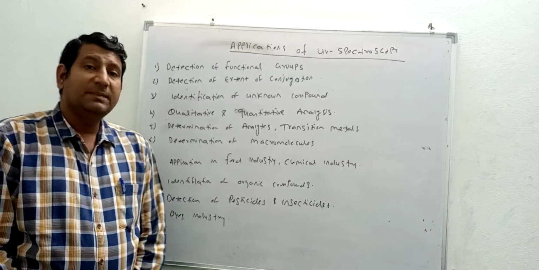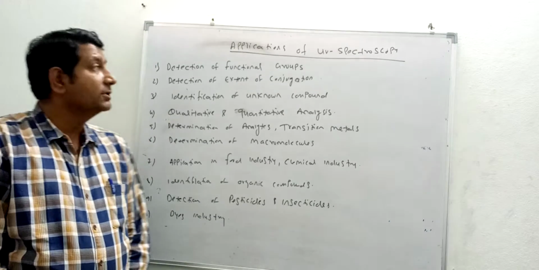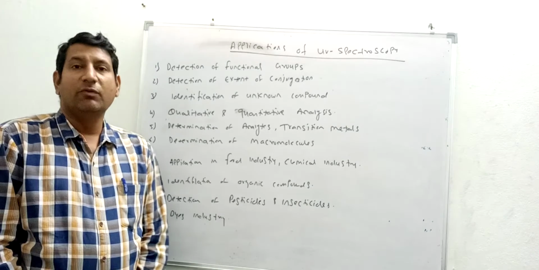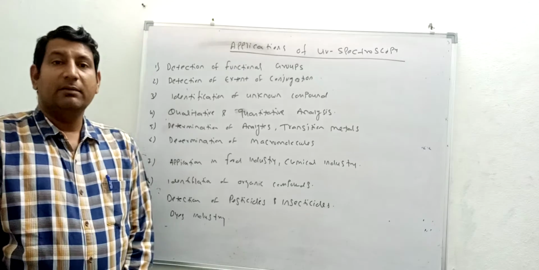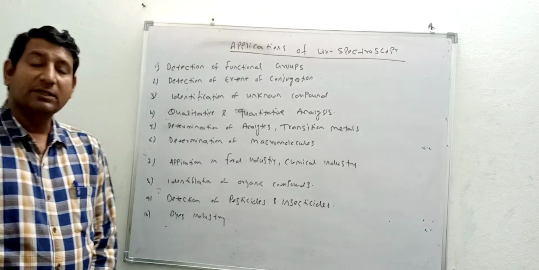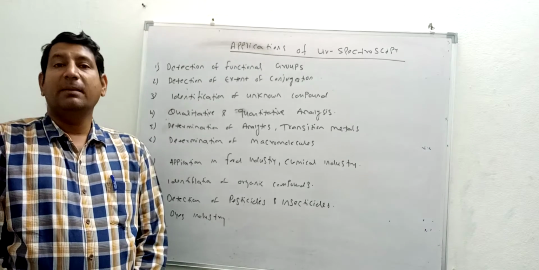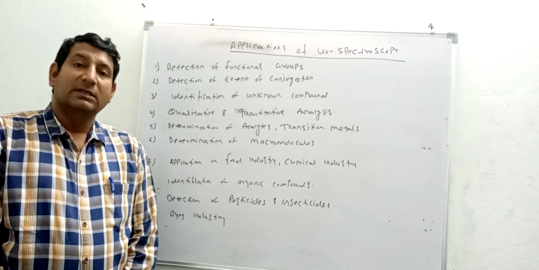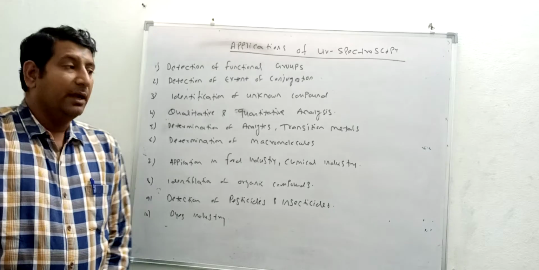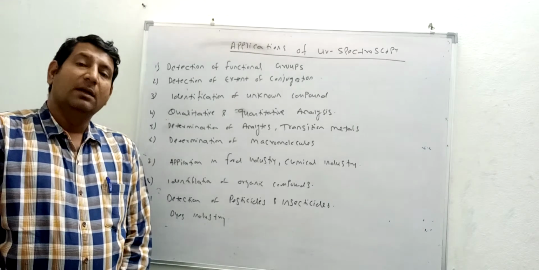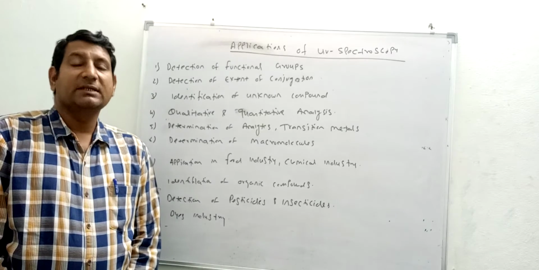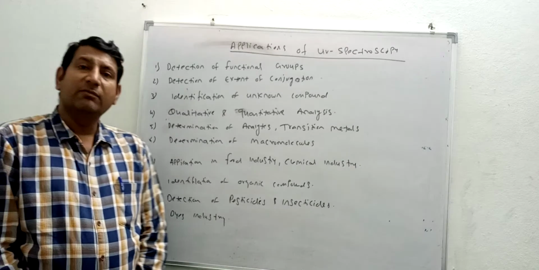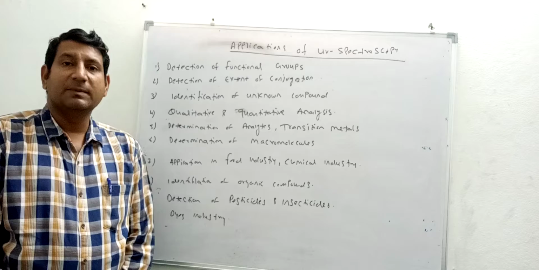In the series of UV visible spectroscopy, our last lecture is the application of UV visible spectroscopy. In the last lecture, we discussed the instrumentation of UV visible spectroscopy. We found that the various parts are the radiation source, which can be a hydrogen deuterium lamp or tungsten filament. The next part is the monochromator, which is a group of slits, gratings and lenses. UV visible spectroscopy also contains sample cells and reference standard cells. We have a recorder, amplifier and detectors, and we have seen the various types of detectors used in UV visible spectroscopy.